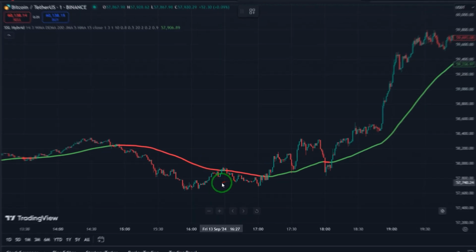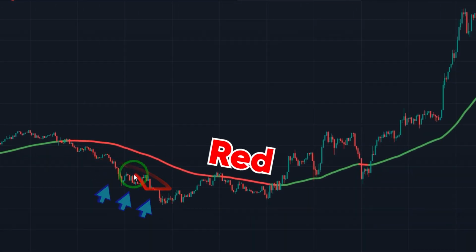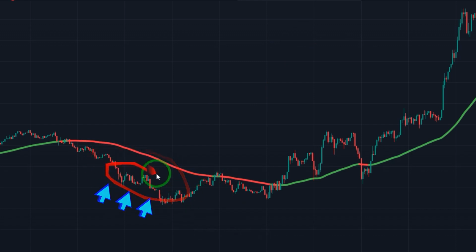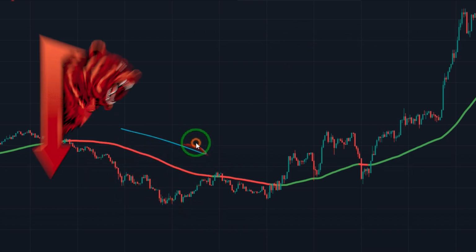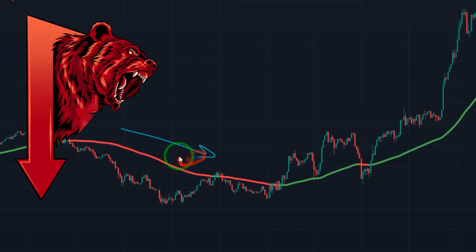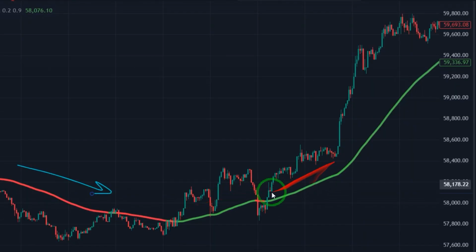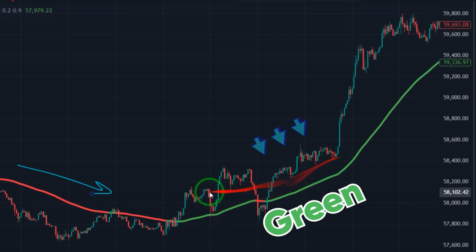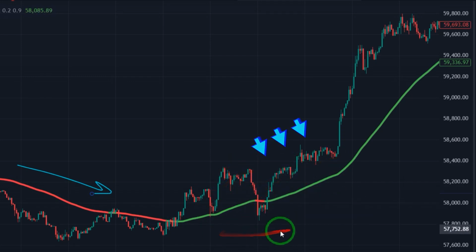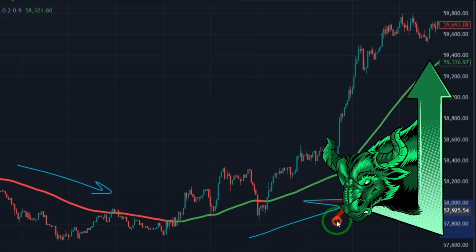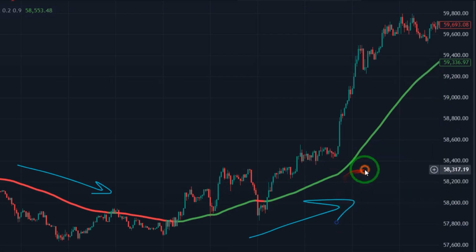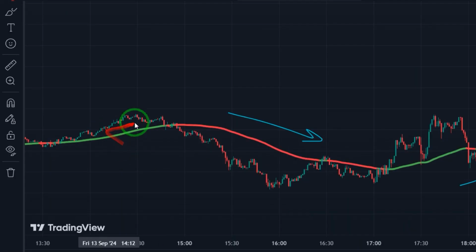In general, when the color of this indicator is red and the candles are below this line, we consider the trend to be bearish, and at these points we look for sell positions. Conversely, when the line of this indicator is green and the candles are above this line, we consider the trend to be bullish. You can consider the point where this indicator changes color as a signal for entering your trades,